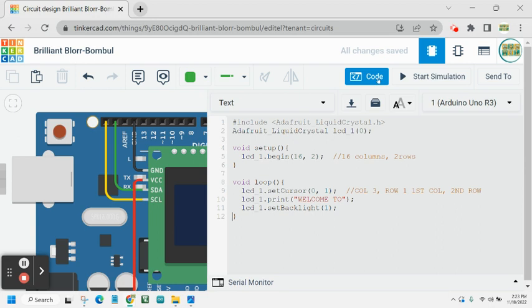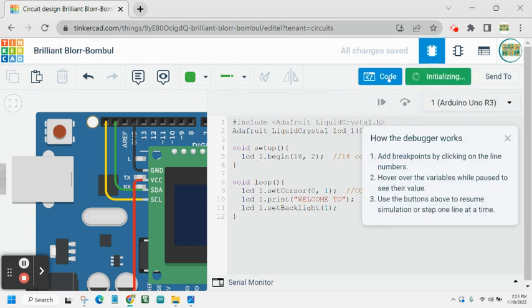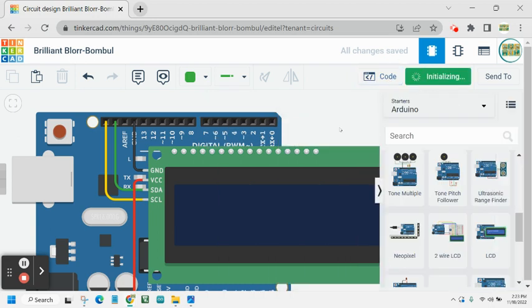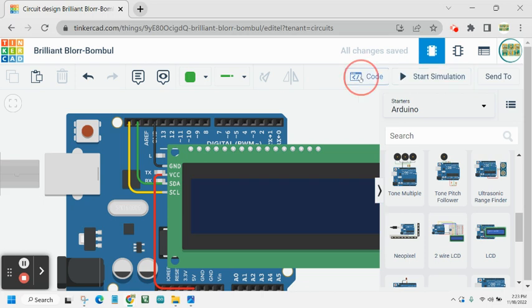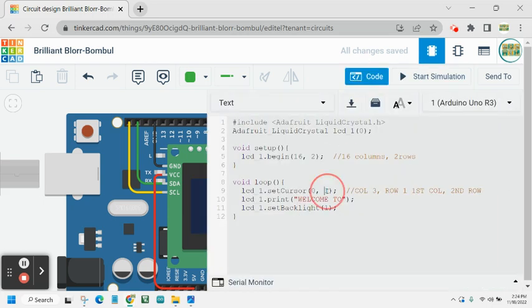Now, if I check the code, start simulation, click it. Let's see if it will be shown. So it's showing welcome to, but it's on the second row. So what I'll do is I'll go to the code and I'll put here 0. So